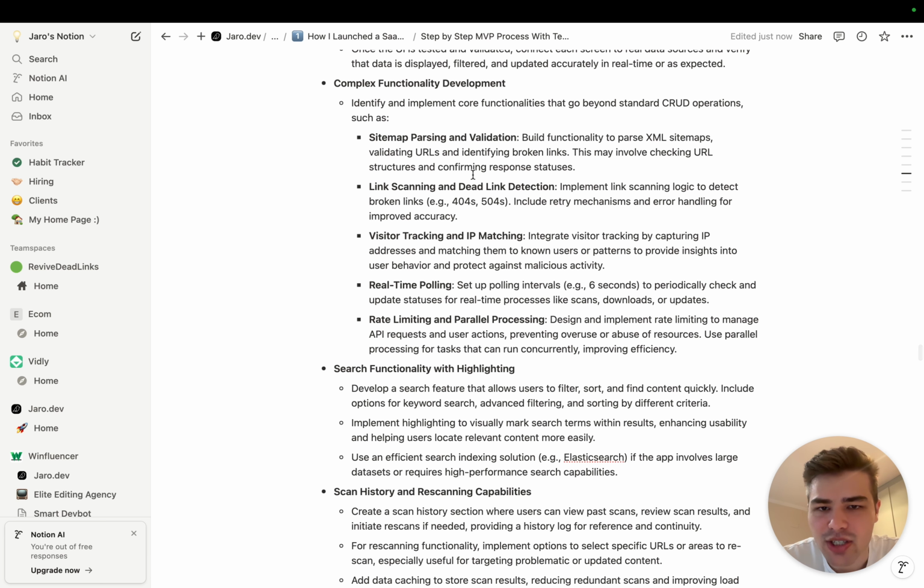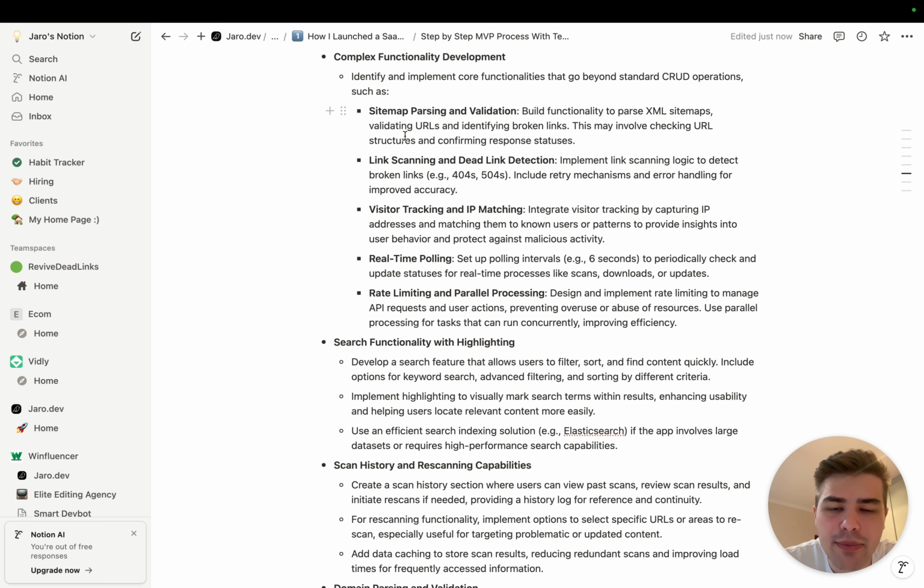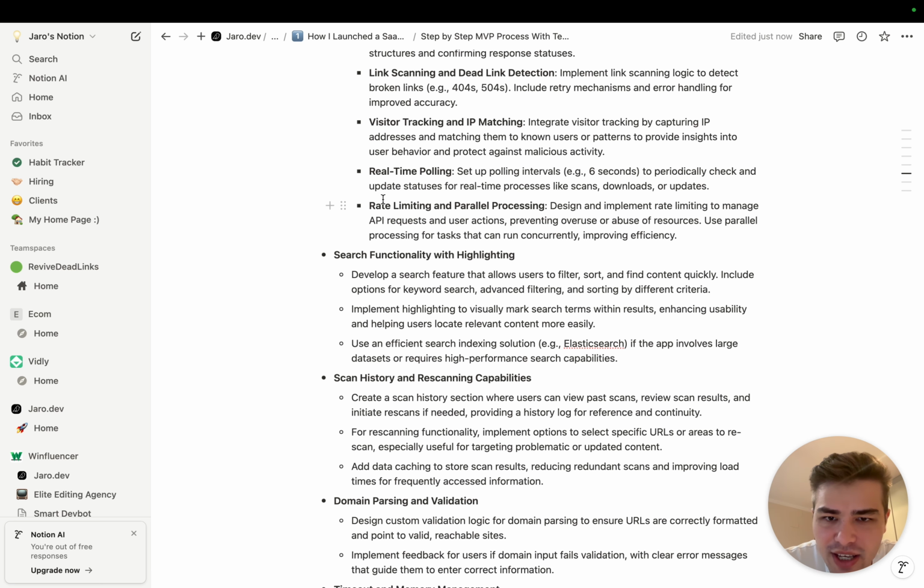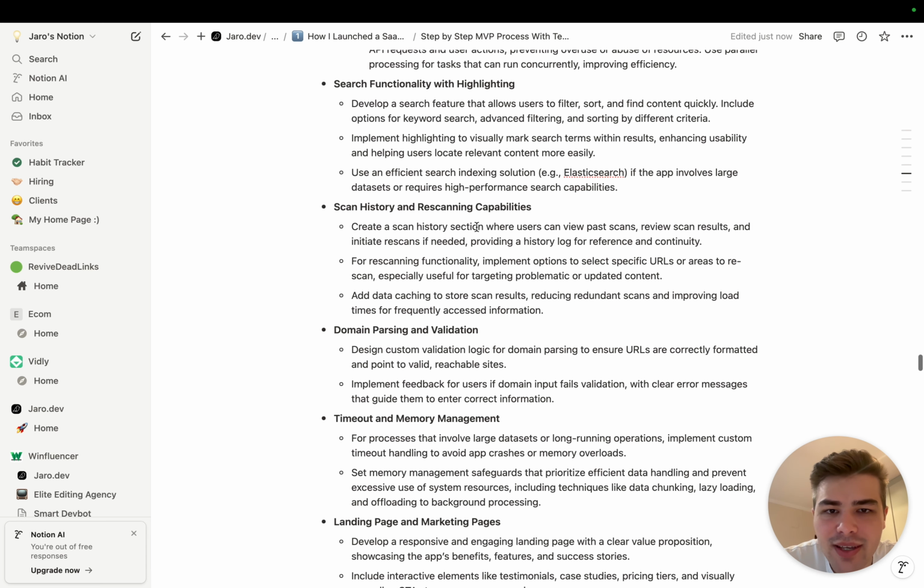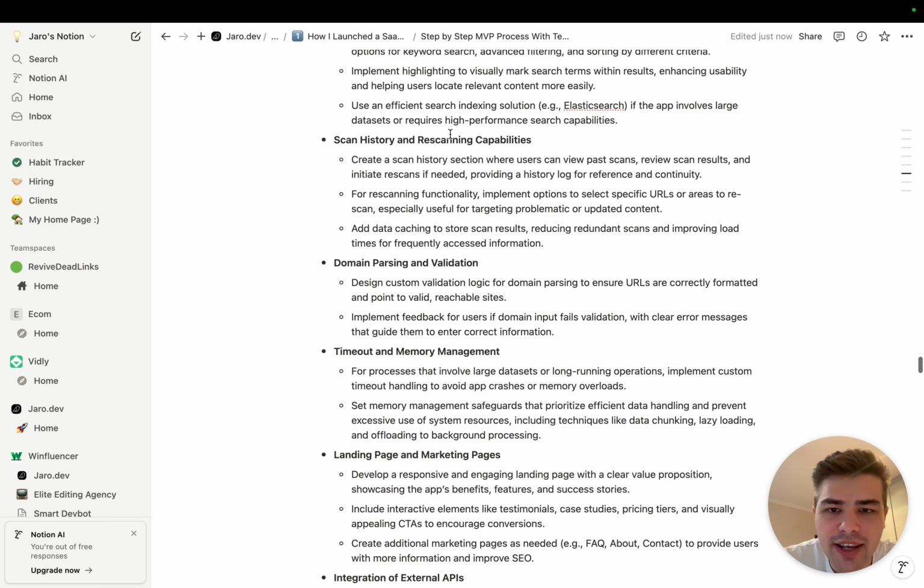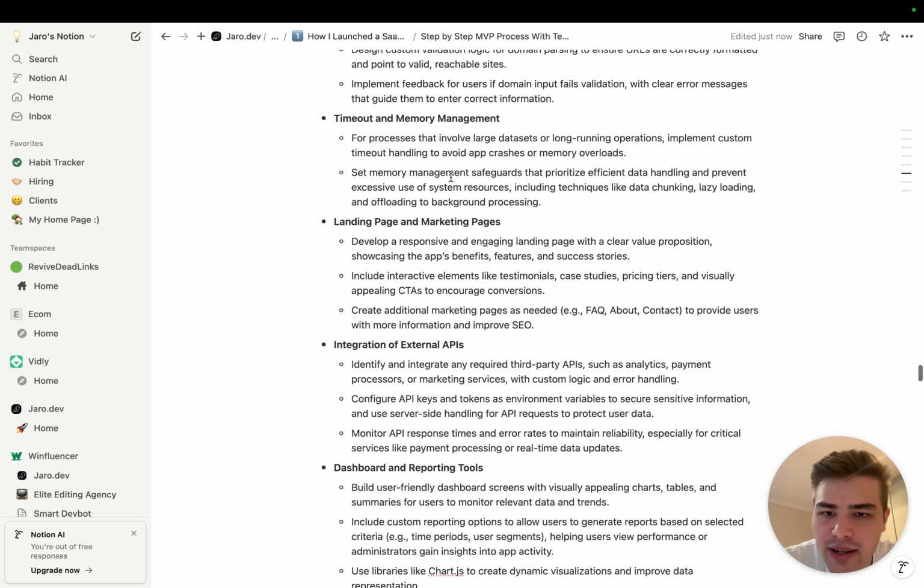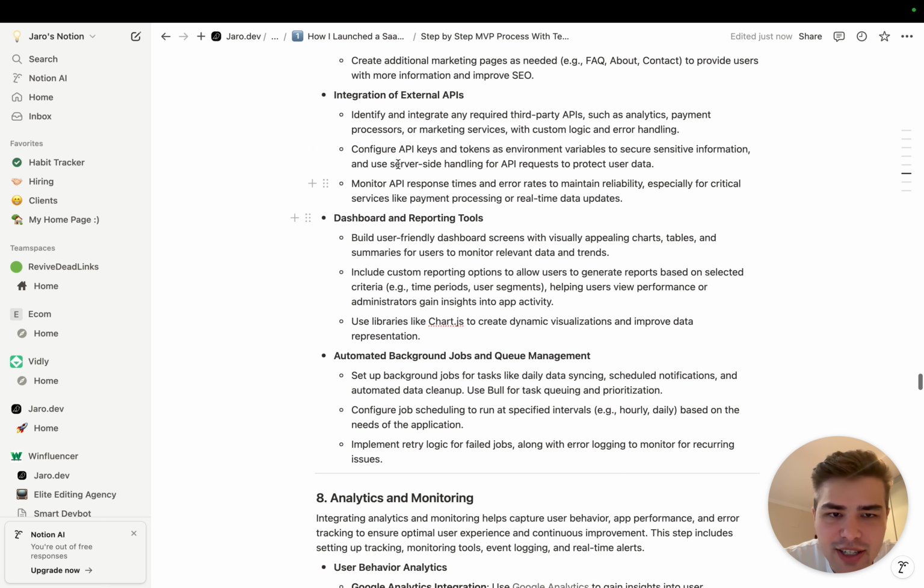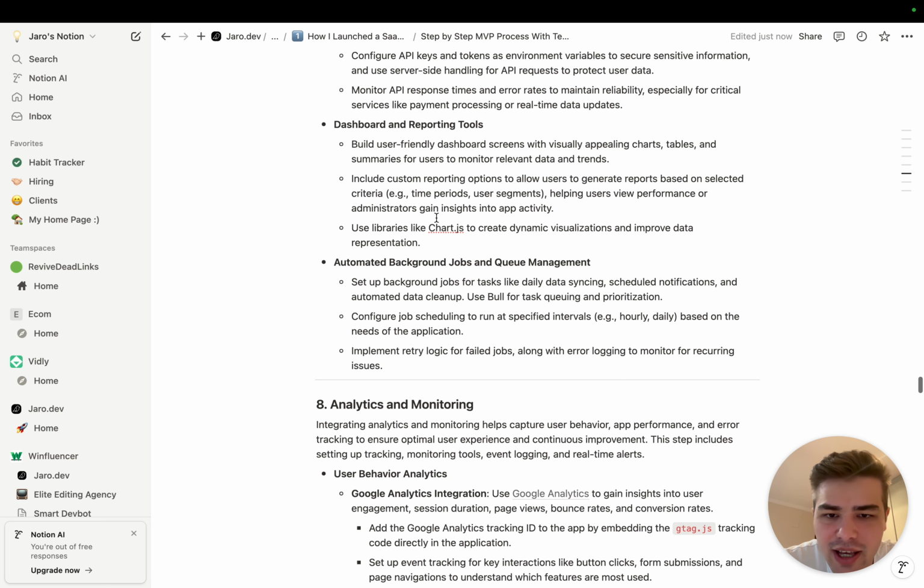And then we develop the custom functionality that will populate those screens. So here, in this case, it will be parsing the sitemap, detecting the dead links, tracking the IPs, real-time polling, so that it will get the latest results from the scan consistently every 6 seconds, and rate limiting and parallel processing, so that we don't overwhelm the servers and start getting errors and timeouts. The search functionality in this case, so highlighting, filtering, sorting, all of that in the table that I showed you earlier. The scan history, domain parsing, timeout memory management, landing page, integrating with external APIs, so Zapier in our case,